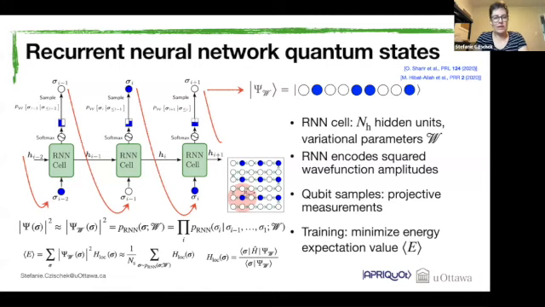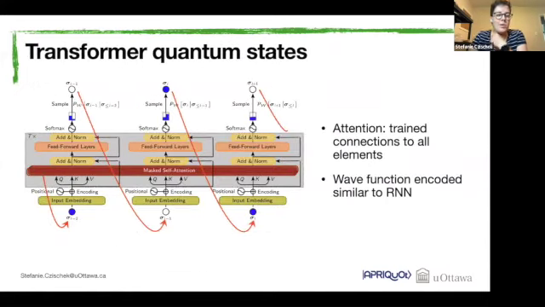Now we wanted to apply transformer models to do exactly the same thing. And luckily, transformer models also work pretty much exactly the same way. So we still have this autoregressive behavior. We define a sequence of qubits. We send in the state of each qubit one after the other. And as an output, we get this conditional probability distribution. We sample the state of the next qubit in the sequence, use it as an input, and so on. And so with this, we again just get the same output as with the recurrent neural networks.